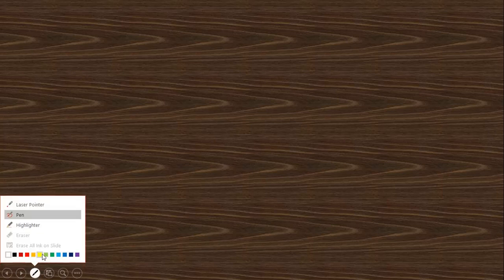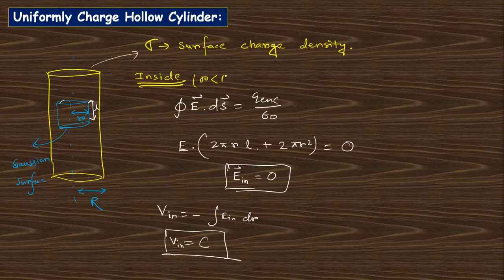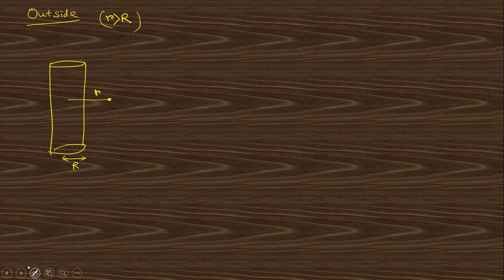Next, for outside, take this cylinder whose radius is capital R, and take an outside point, that means a point here where small r is greater than capital R. Here R is less than r. For that, in a similar fashion, we can take a cylinder whose radius is r and its length is L. This length is L. Clear?